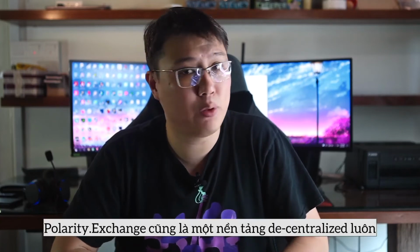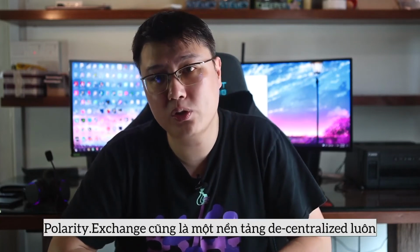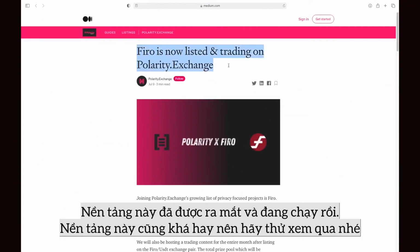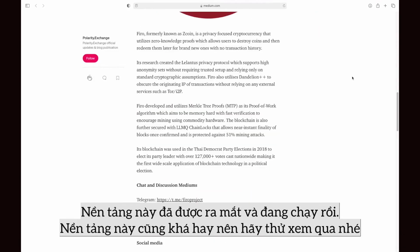So yeah, Polarity Exchange, which is also another decentralized exchange based off the Waves platform, is already live and launched. It works really well, so do give it a try on